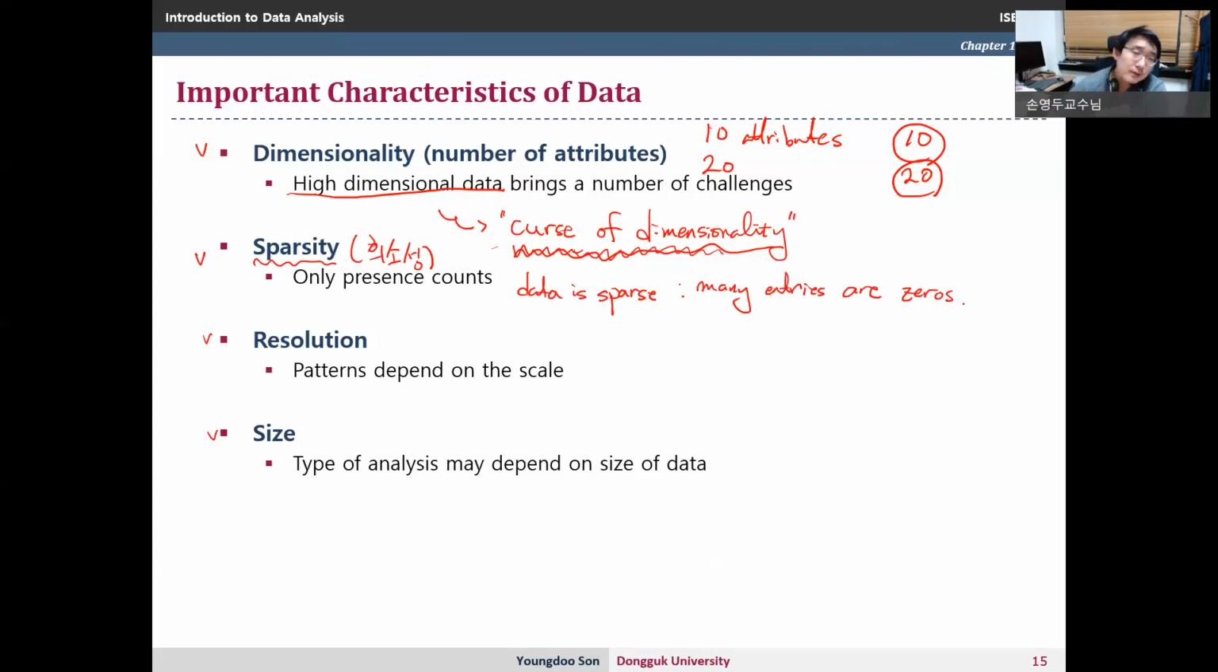So if many entries of data are zeros and only a few entries have non-zero values, then we call this data sparse. Or this object is sparse, meaning that object has only a few non-zero elements. And we say the sparsity is high, or highly sparse, meaning that